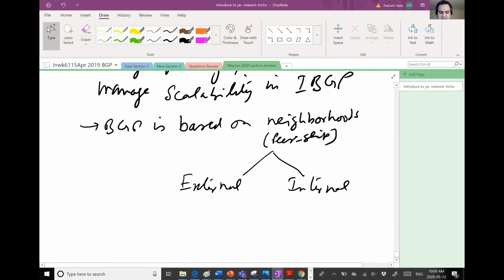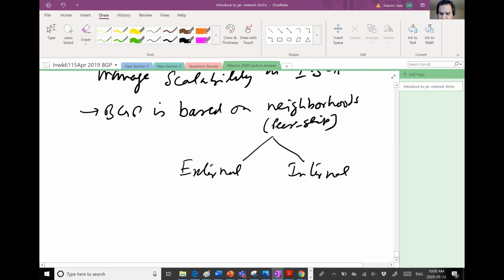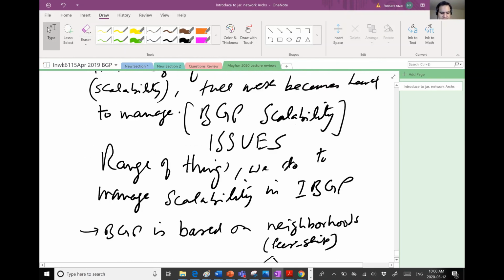Right? So peership is more technical. From a configuration point of view, what does that mean? That I'm just declaring neighborhoods, nothing more than that. Okay. So with this primer,